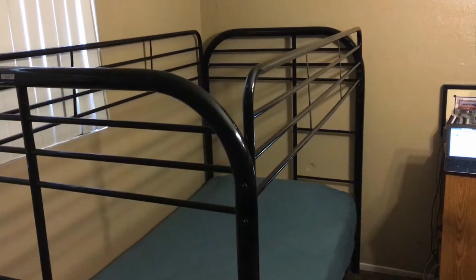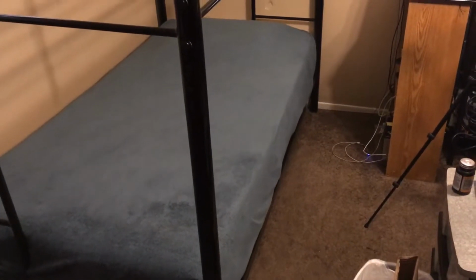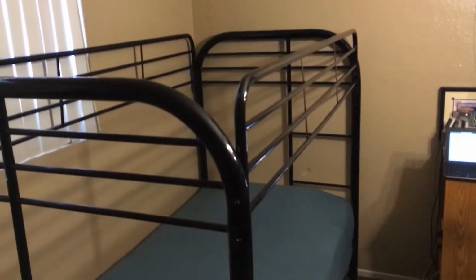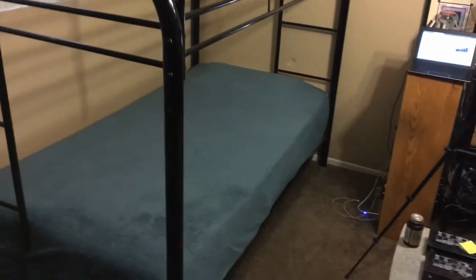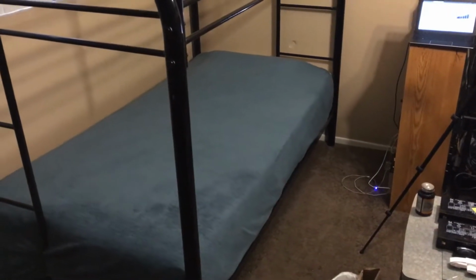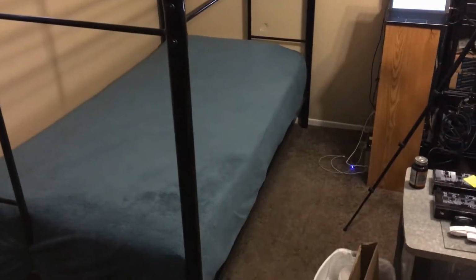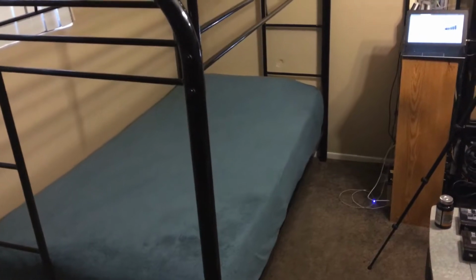So, this is my new bed frame. It was a bunk bed, but my mom broke the bottom bunk, and so fortunately they were the same structure, so I just moved the top one to the bottom and got rid of the bottom one. But she already bought a single one because she didn't want to have to deal with these being in the way. Still, it adds structural support and everything. So I've got a bed frame now,